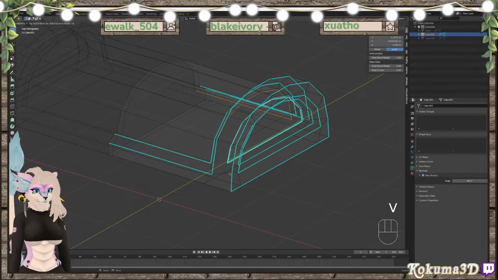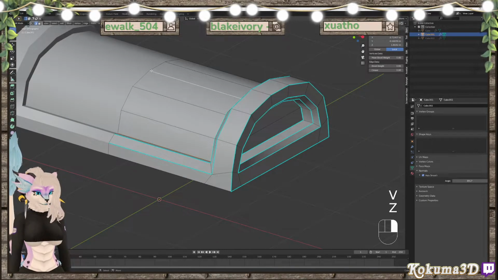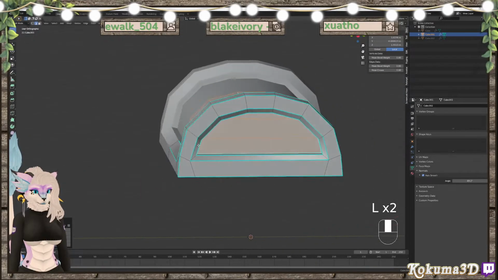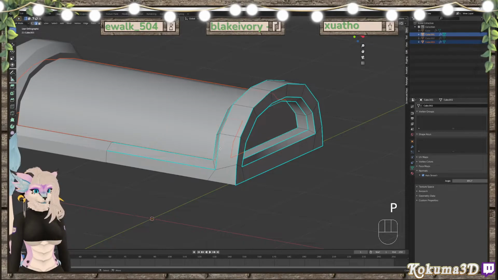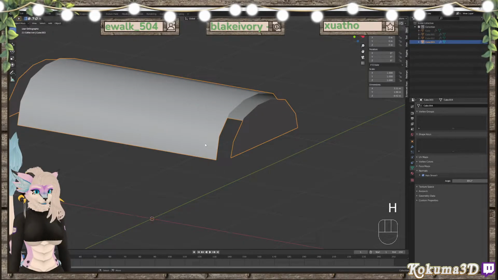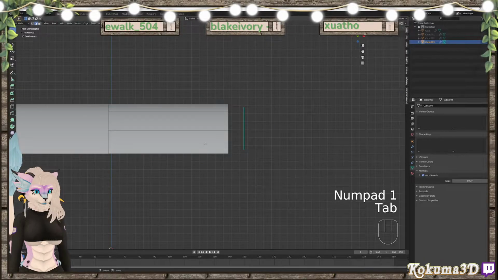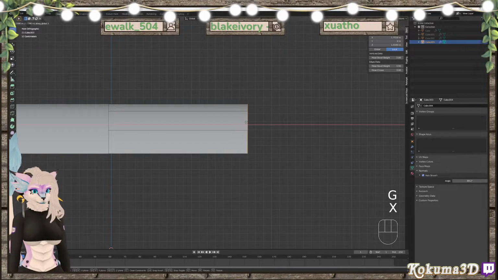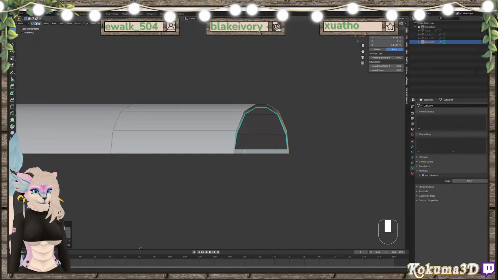So I'm going to V. Separate that. Let's go ahead and tap L on this. Yep, that separated correct. And L on this. That separated correct. So let's P selection to separate it. I'll go ahead and hide this. And I'm just gonna rinse and repeat what we did before. G X to bring this out to about here. And then